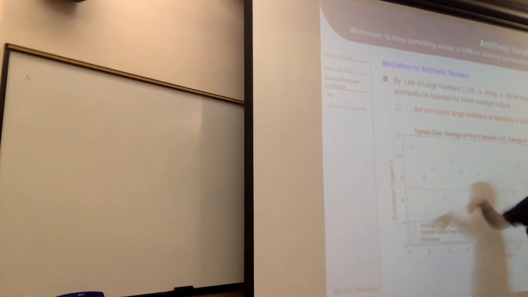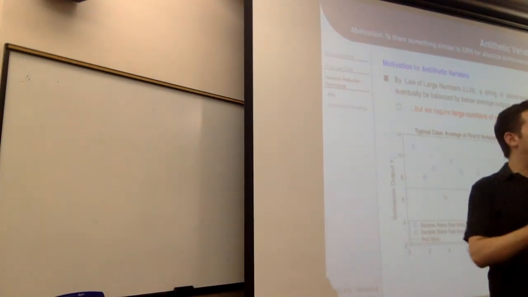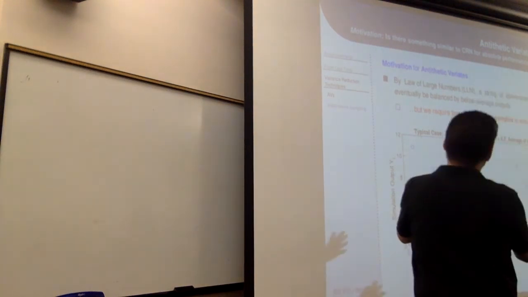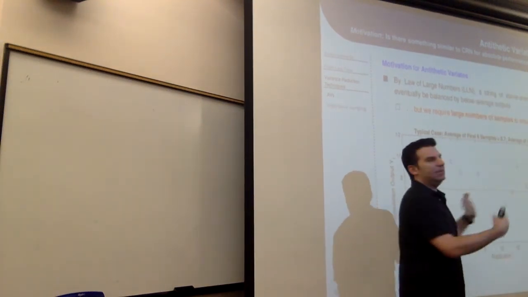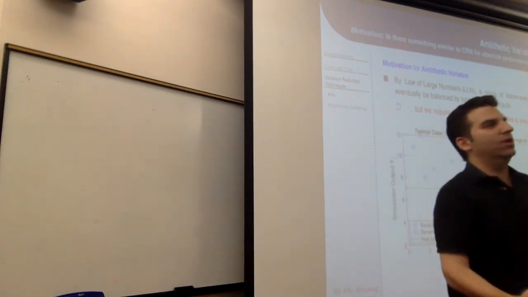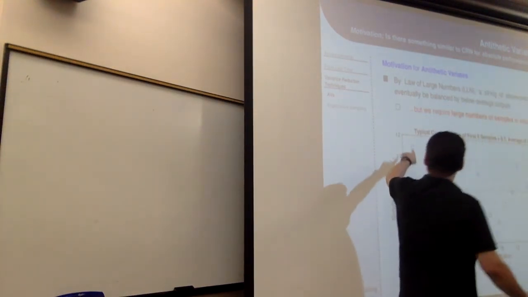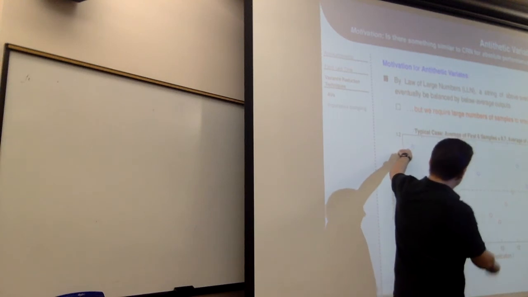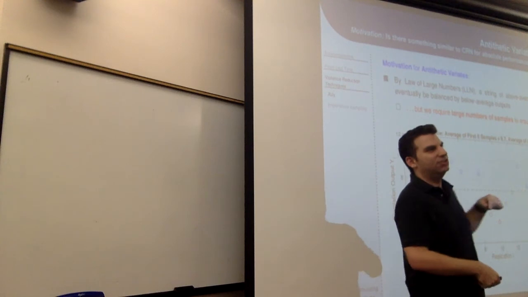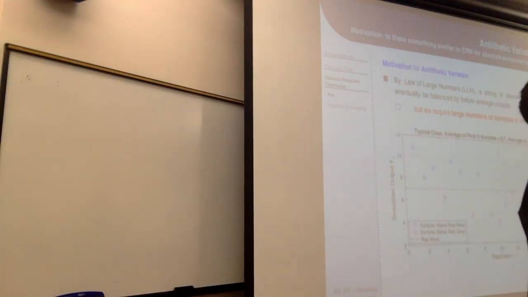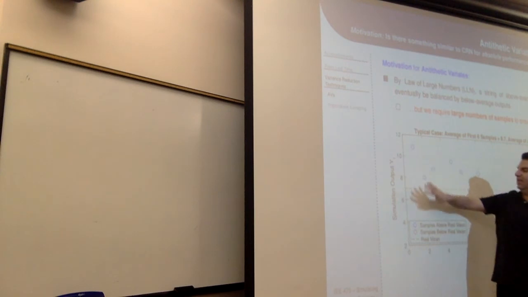And so the question is, that's great and all, but the problem is that if I wanted to do fewer replications, it would really be nice if things would balance out sooner. So rather than getting, out of these first 6 samples, 5 of them above the average and only 1 below the average, wouldn't it be nice if there was a way that I could engineer the input to this simulation so that for these first 6 samples, there was always one that was above and then below, and then